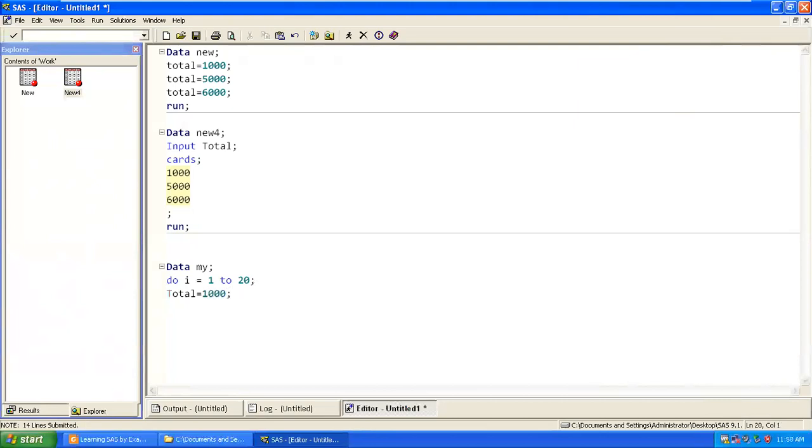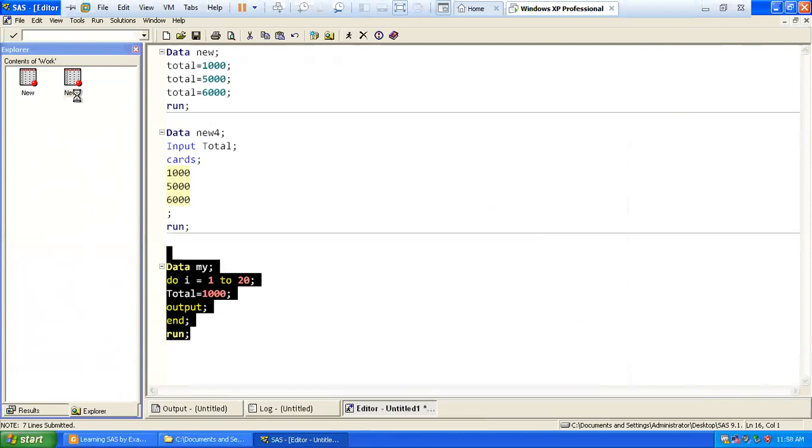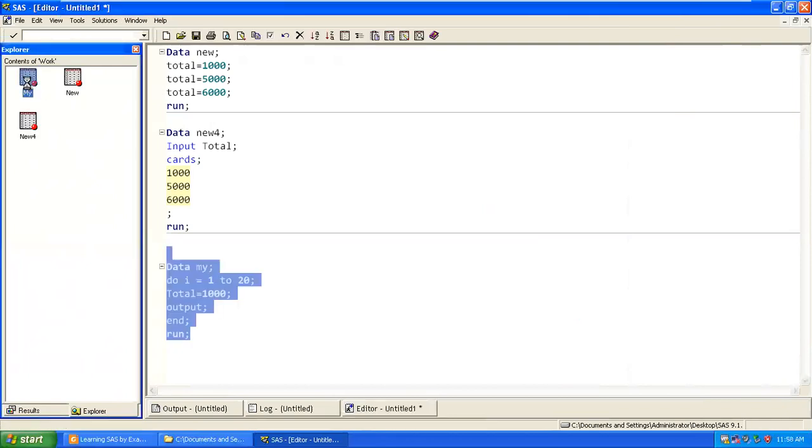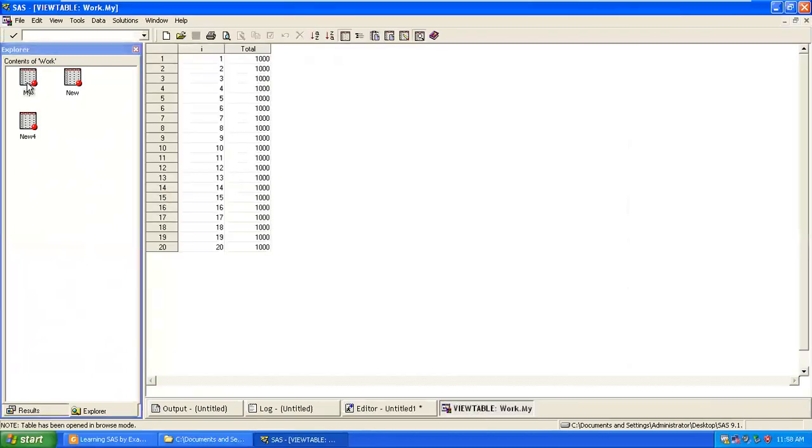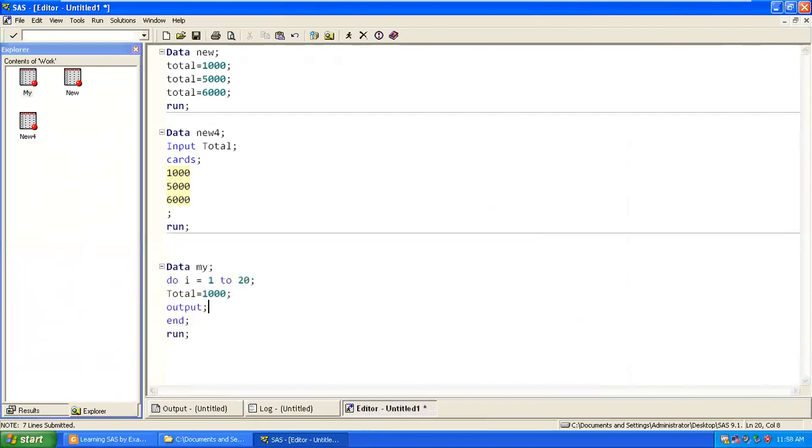Then end, then run. This many times we can iterate it, correct? So the do loop helps you do iteration work.